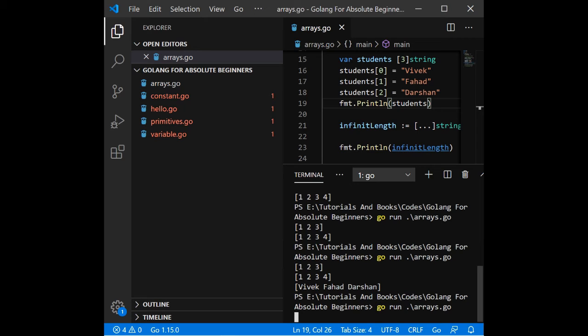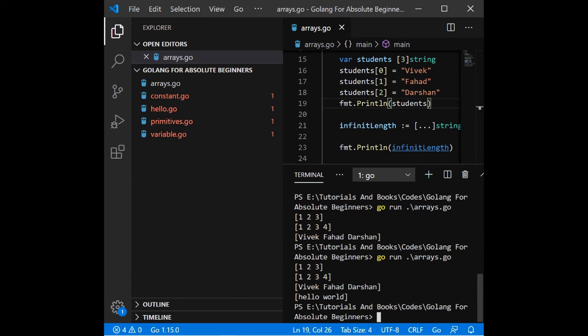As you can see, it returns hello world, even though we didn't tell it exactly what the length of that array would be, but it still created that array and returned the value of that array. So if you don't know exactly what the length of that array will be, you will use a spread operator. I don't know what we call this in Golang, but in JavaScript we call it a spread